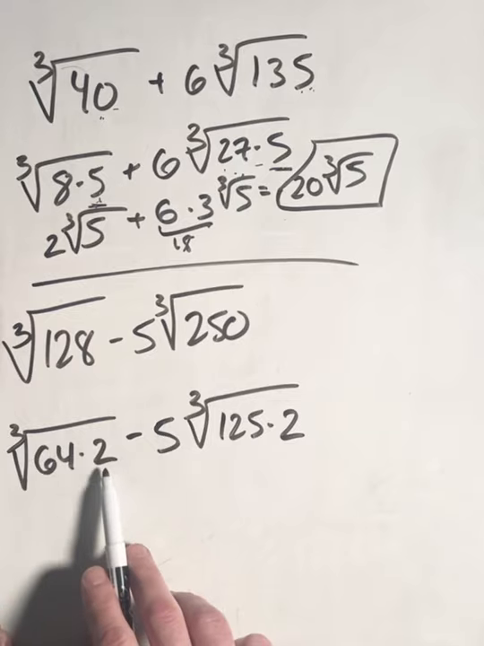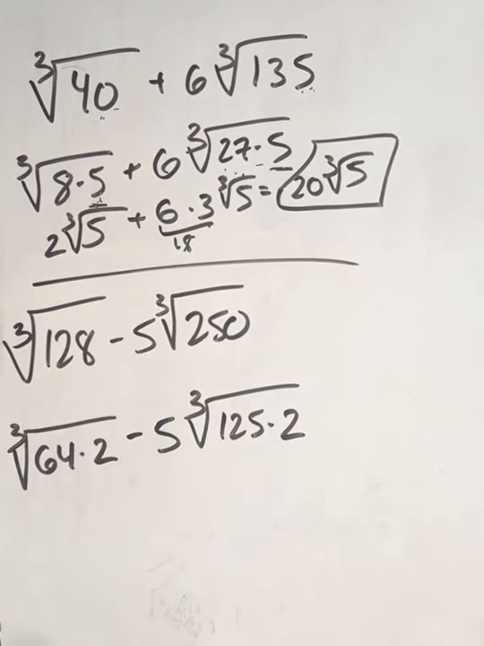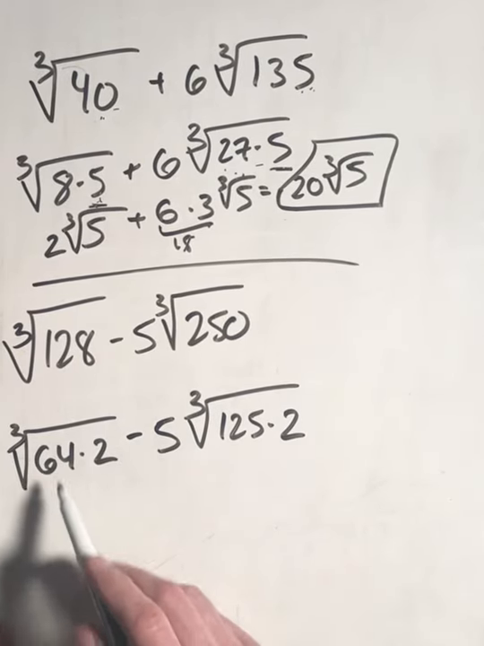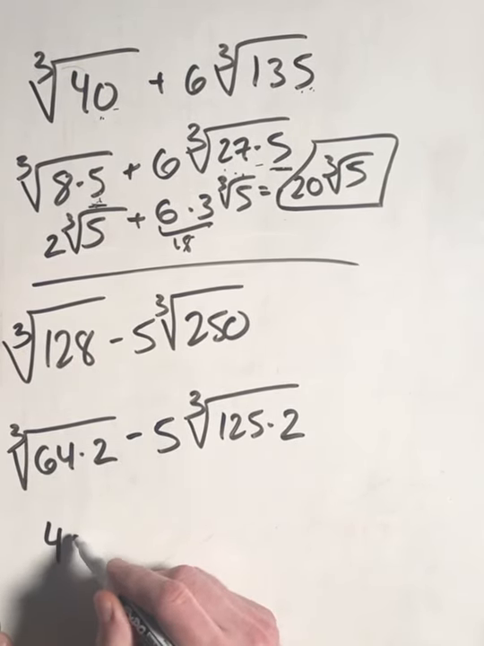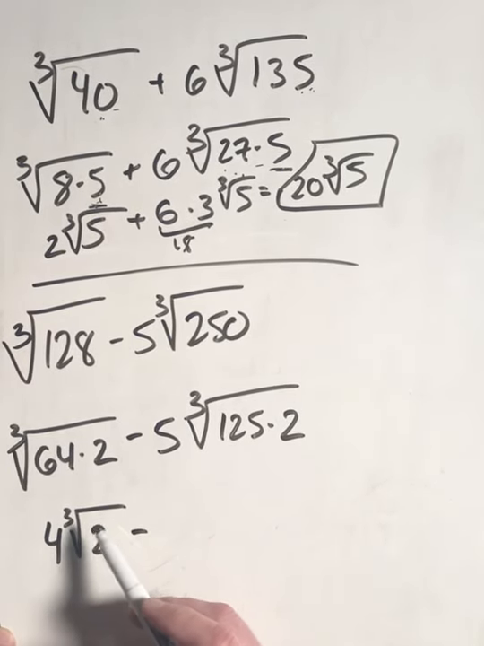So notice how with each of these, I have a factor of 2 left at the end, so I'm going to have a cube root of 2 left over at the end. The cube root of 64 is 4. The cube root of 2 is still just going to be the cube root of 2. So I have 4 times the cube root of 2